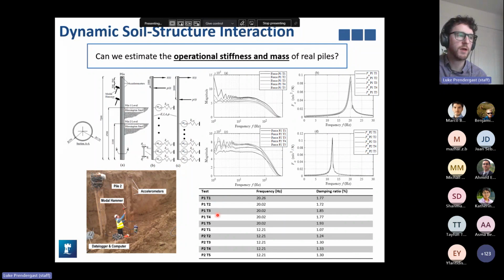So this is to give you the data just to show how consistent it is. You've got P1, T1 to T5. They're the 5 tests. The frequency was between 20.26 and then consistently 20.02. It's important to note for the signal processing people in the chat that the signal was only 3 seconds long, so there was a reasonably not so well-defined frequency bin, but it worked quite well. The damping ratio was estimated using both logarithmic decay and also an exponential curve fitting approach, and that was reasonably consistent, but a little bit more variable depending on what was happening.